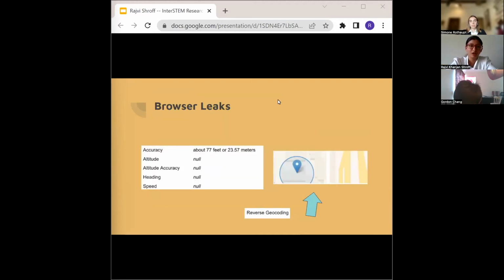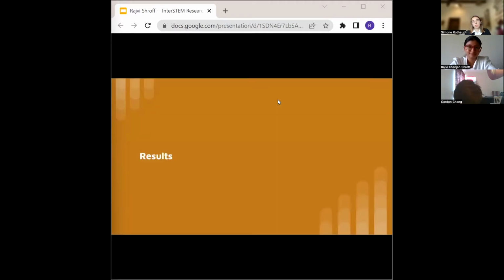This is a snapshot of what the results would look like with this tool. It would actually figure out the address of the user, and it would tell you with what accuracy it thinks it has guessed, along with the range on a map. So the accuracy changed with the browser you open the site with. And for the paper, I decided that a more precise location was more troubling. A higher accuracy hints that more intrusive detection of a user's location is possible, and less accuracy was more desirable for privacy.